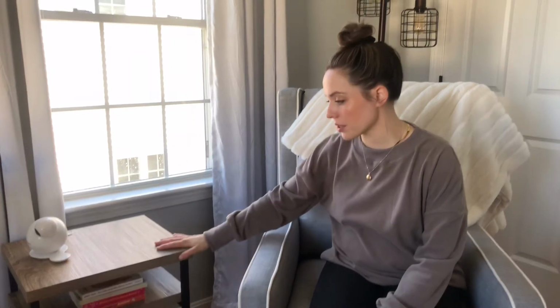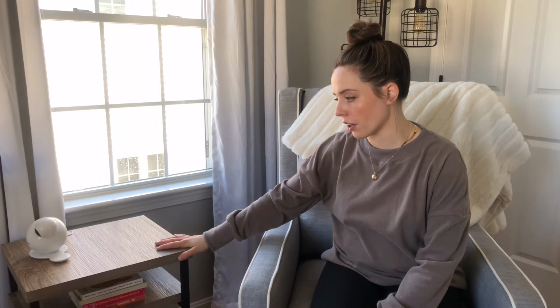This blanket I got from Home Sense. What's it called here? Home Goods. I get the Canadian and American messed up. This table is also from Wayfair, and our